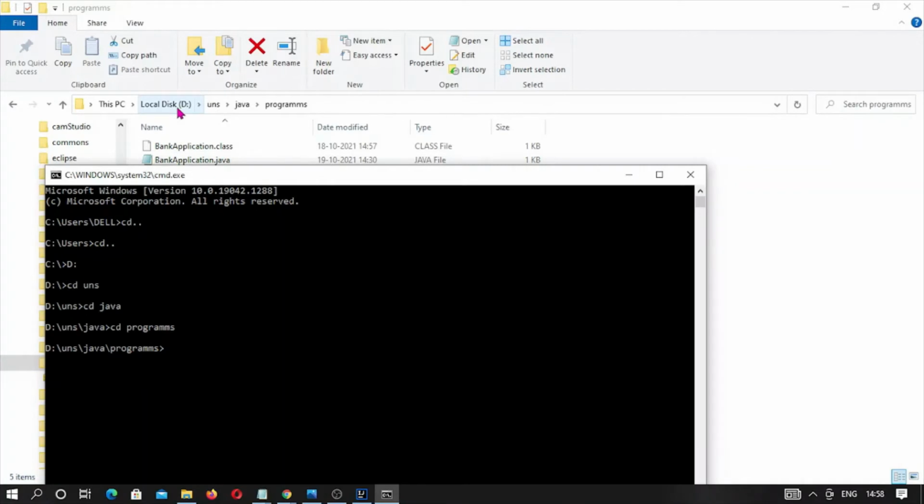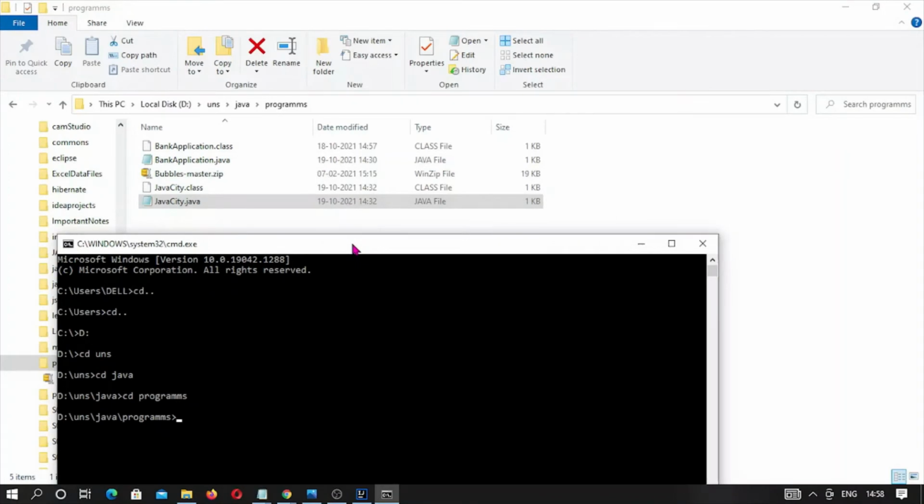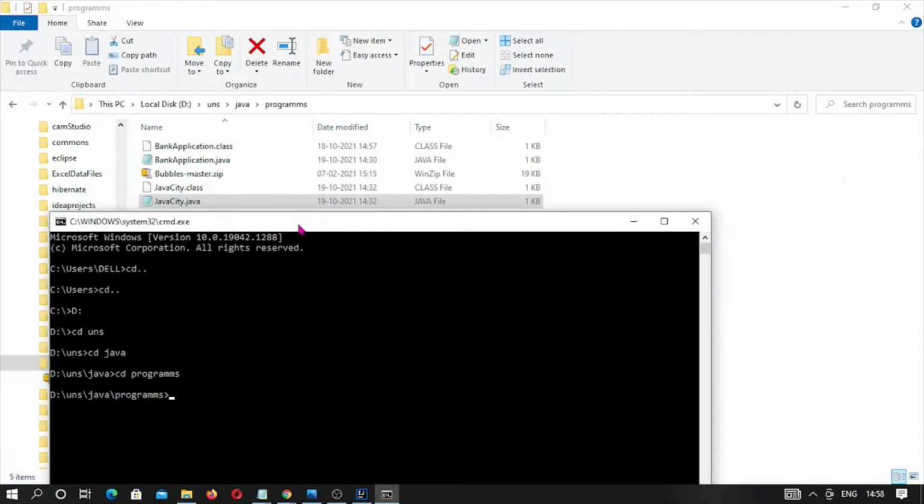used with the Java compiler installed on this machine, and the bytecode will be taken somewhere else. Wherever you want to execute it, this bytecode file will be taken there and it will be executed on any machine. So write once, run anywhere. This is the code Java uses: write once, run anywhere. And after compilation, it will generate a file with the same class name with the .class extension.